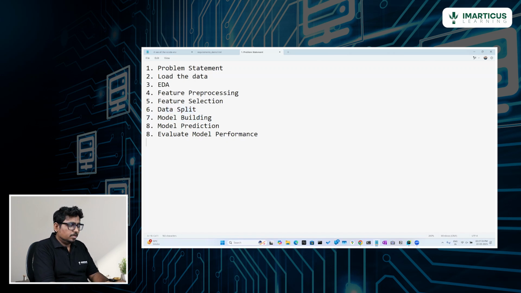So once you evaluate the model performance, which is the 9th step, then what we will do is compare which model is giving a good accuracy. So the 10th step will be comparison. Now in this part, in comparison,